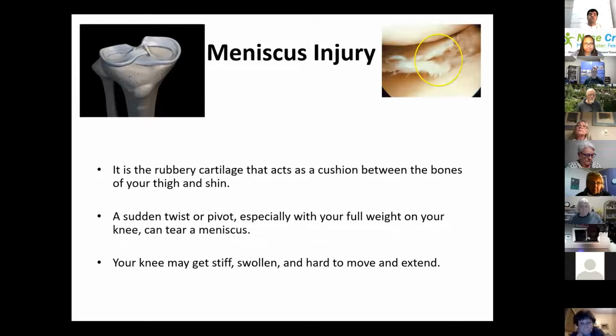And the next one is the meniscus. The meniscus is a kind of rubber cushion, as you are seeing here in the picture. That is the outside meniscus, and this is the inside meniscus. It is a kind of rubber cushion giving a shock absorber effect when you are putting pressure on the knee. It is also deepening the joint structures, so it is giving extra stability to the knee joint. Okay, and this can be damaged